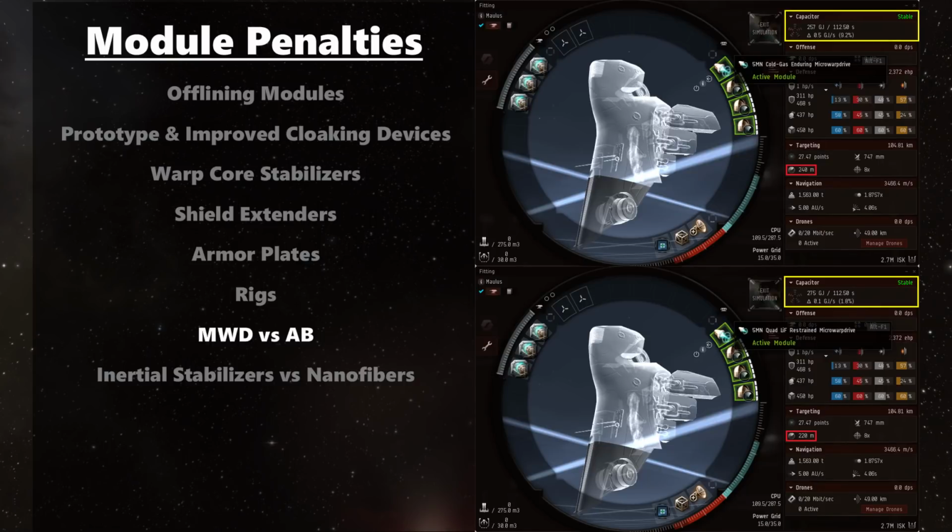Microwarp drives are paired with massive penalties to compensate for their amazing speed bonuses. So, how do we handle MWDs? First, we need to know when to fit an MWD and when to fit an AB. Well, multiple factors will ultimately influence our decision, including activity, role, location, intended prey, and ship bonuses, but a simple